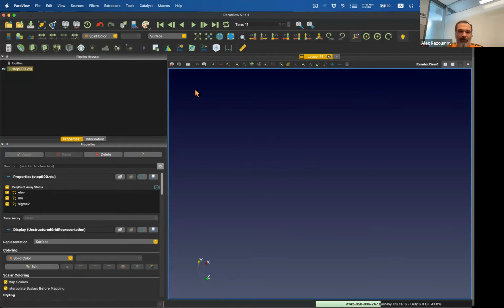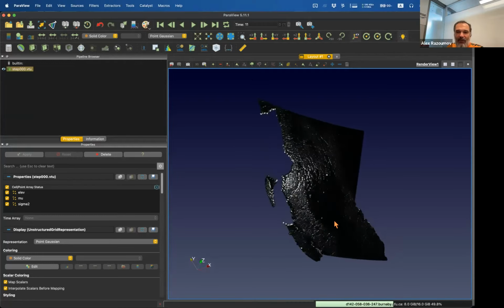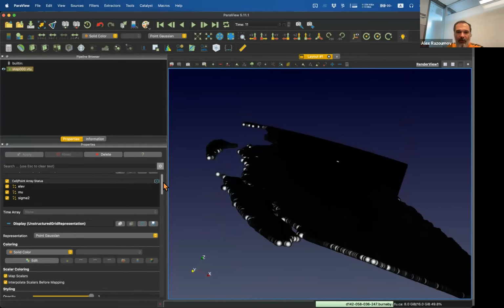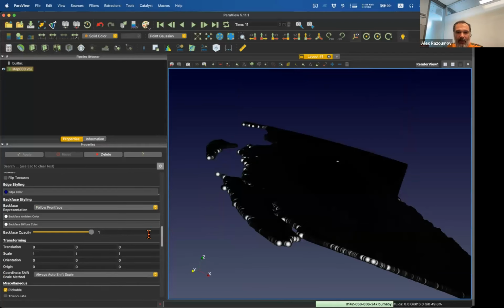So what you can do is a number of things. One thing you can do is switch from a surface or point representation to a point Gaussian representation. What the point Gaussian representation does is place a glyph, in this case a sphere, on top of each data point, right? Looks kind of strange, but if you scroll down in the properties,